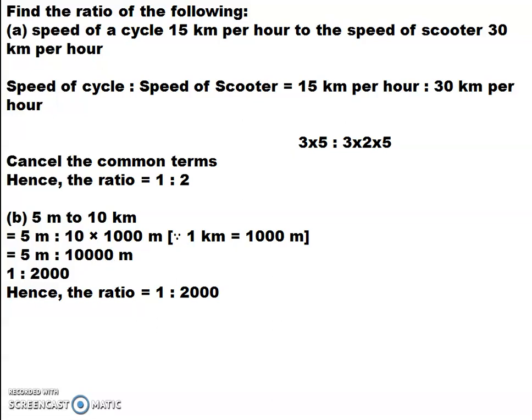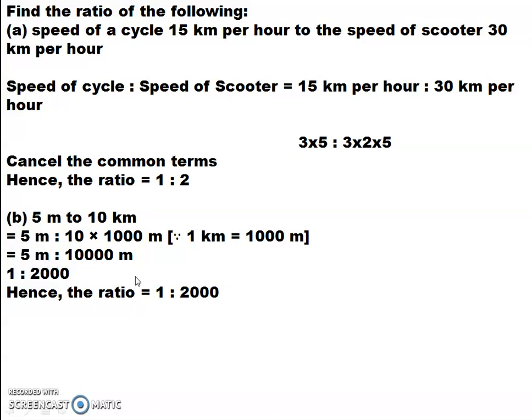Why did you do that? When you are finding a ratio, it is very important that the two quantities should be in the same units. So here in the question, the first quantity is in meters and the second quantity is in kilometers. So I converted the bigger unit to the smaller one. So I got 5 meter is to 10,000 meters. Both the quantities are